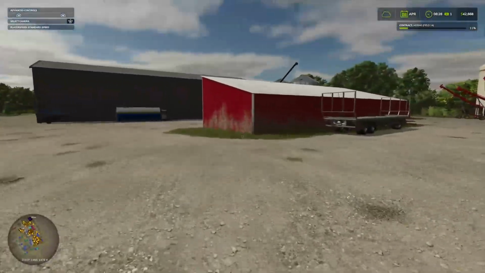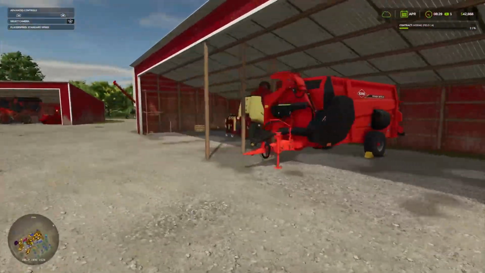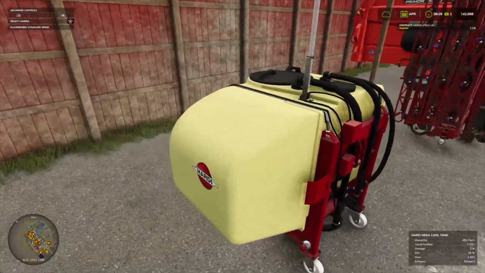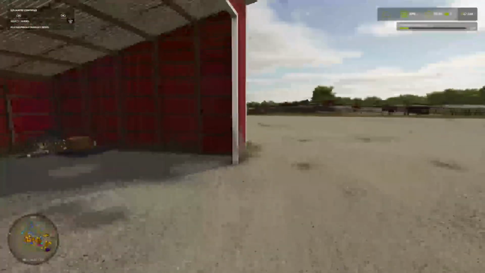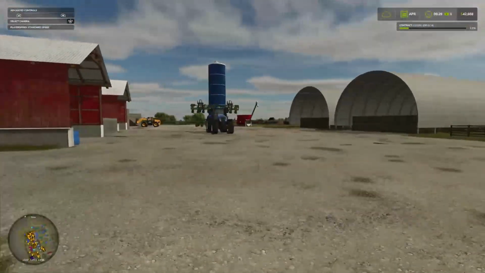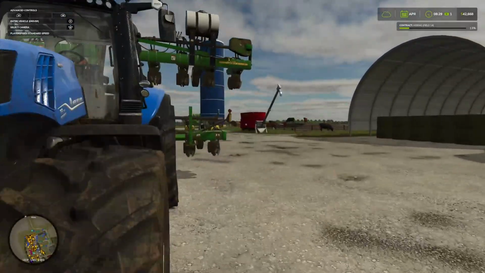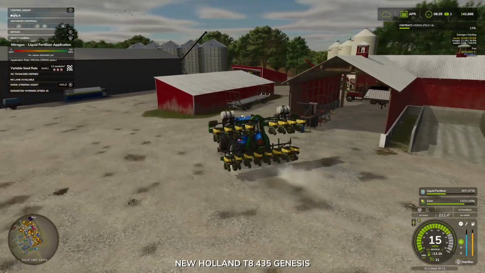I think I'm gonna need to hook up this little front tank, because, okay, yeah, no, we do have liquid fertilizer in there. All right, yeah, we'll just drop the front weight, put the liquid fertilizer tank up front, and we'll just run it that way. It'll be easier, and it'll make it to where we don't have to go buy any,